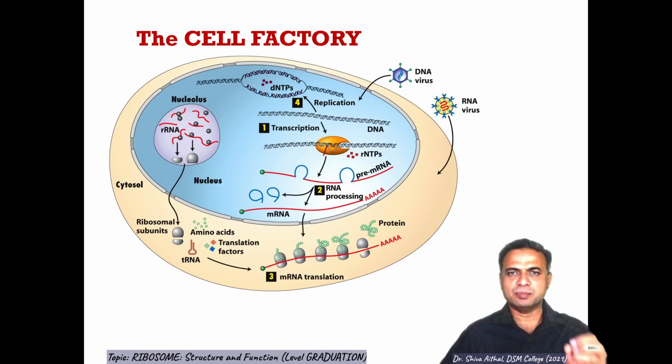It's very simple, and the basic simplest mechanism for any cell to survive is protein synthesis. That is also called gene expression. And in this factory, for a product being formed, what are the requirements? Many tools are required. There is a site required. What does a factory need? A site. In the site, raw materials are needed, then a product is formed. I will try to make all these things a bit clear, but first of all, let's see this through some illustrations of my own, then I will come back to the slides.